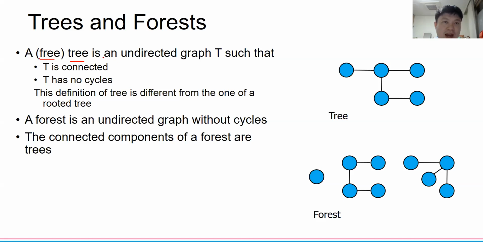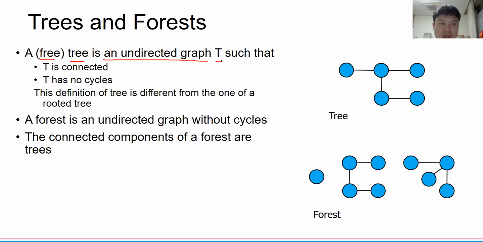It is an undirected graph. Okay, you know graph. We learned about the directed graph and undirected graph. And for this chapter, we will learn more about the undirected graph. Let's suppose we have the